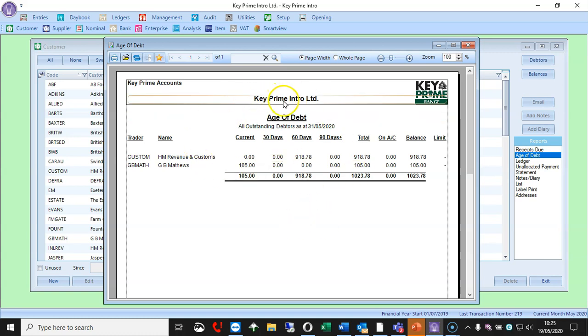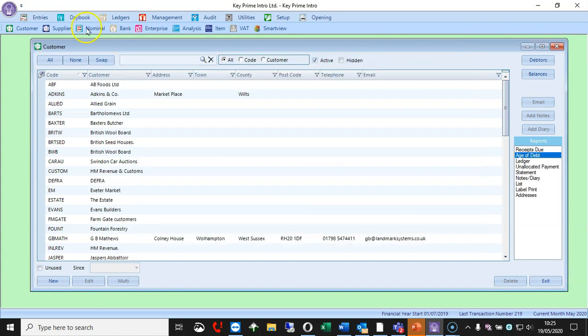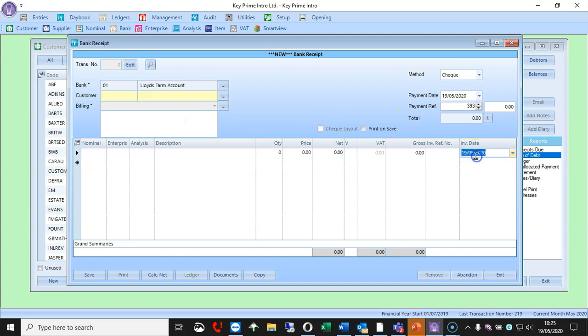Is this accurate? Now, when you go and post your bank receipt, that is looking at the invoice date down here, not the payment date up here. If you leave your invoice date the same, so it may be that you sold something to market and you got the money today, but actually they went in to market on the 30th of the 4th, that will then create a debtor as at the end of the month, even though they have paid you that.